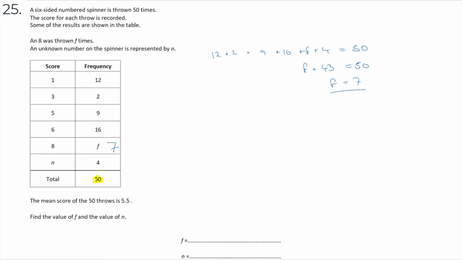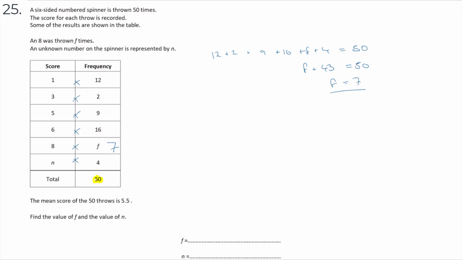Now I know how many of each they've got. I can go on and find an estimated mean, I guess. Well, not an estimated mean, the actual mean, because they're all the precise scores. So to find the mean, I need to multiply all these together, add them up, and divide by the total of the frequencies, which